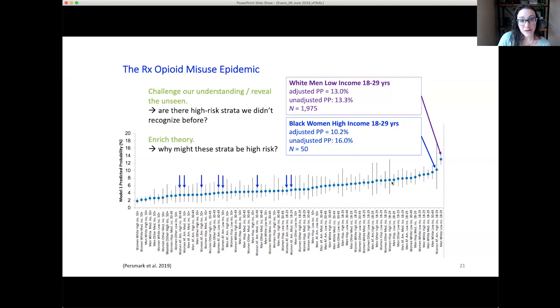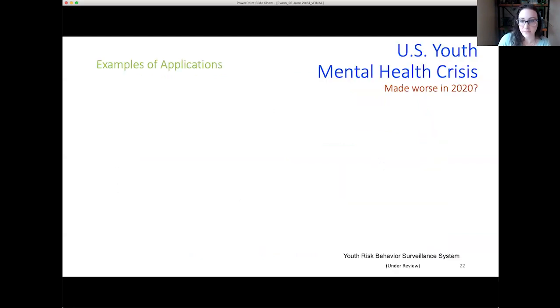I haven't followed this up yet, but my sense of what's going on is that this is an empowered, younger, high SES group that is more willing to say, I actually have real pain that I'm experiencing, maybe post-surgery. And because of medical racism and misogyny, my doctor's not adequately prescribing pain medication. So this might not necessarily be problematic use. This could just be a group particularly willing to go against doctor's orders in order to have adequate pain management. So certainly it's worth following up with some more qualitative work to understand this.